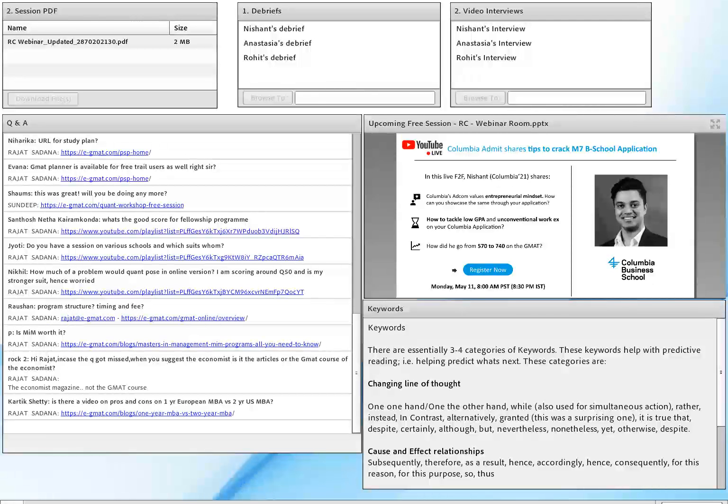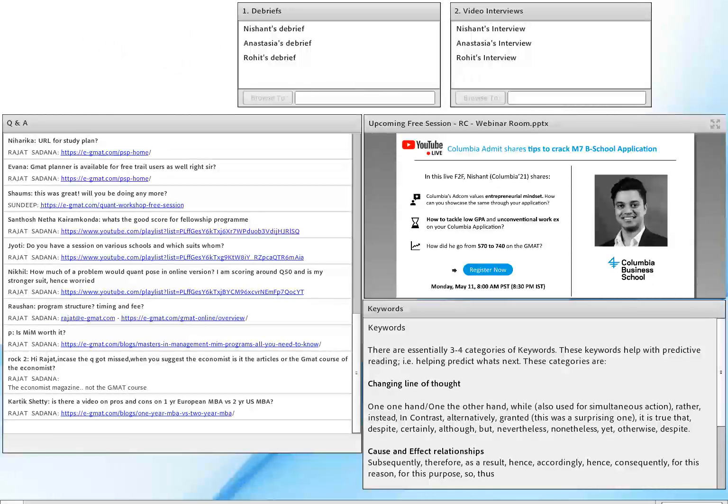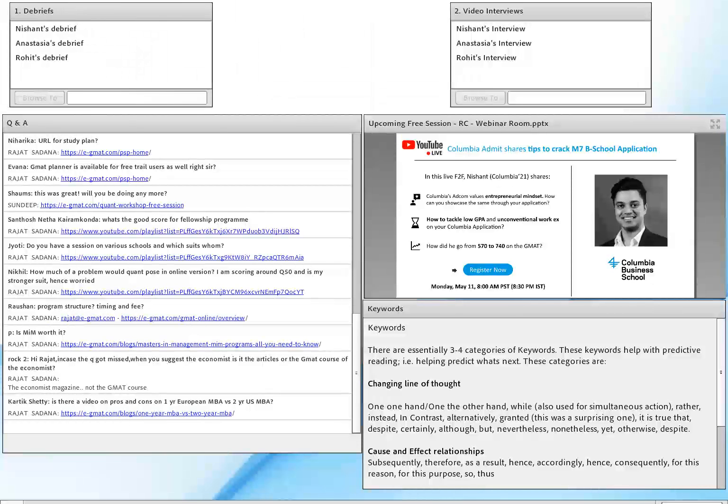J3 says, I have 13 years of work experience. Is it wise to quit my job and pursue a full-time MBA? J3, it depends on what you want. If you want to continue with your career, I would recommend doing an executive MBA. If you want to change your career, definitely do a full-time MBA. Full-time MBA is for career changers. And so that's kind of how I look at it.